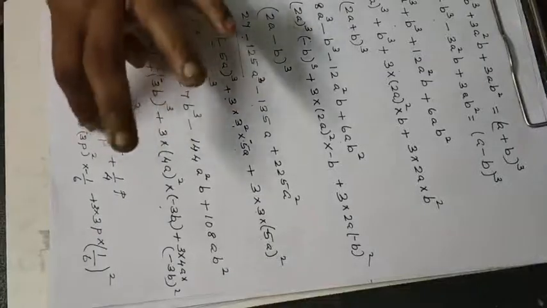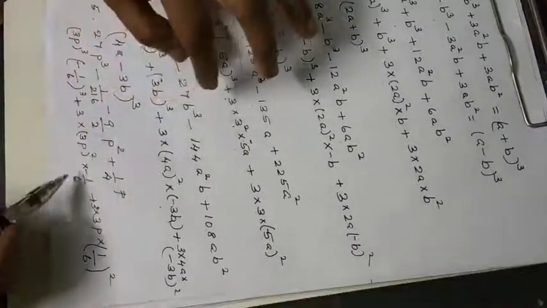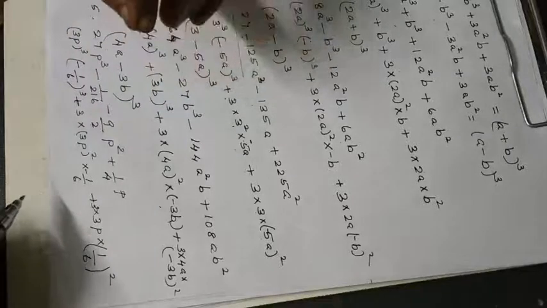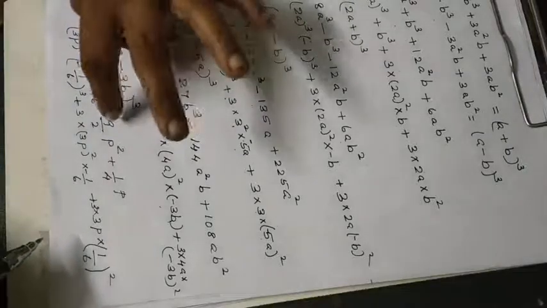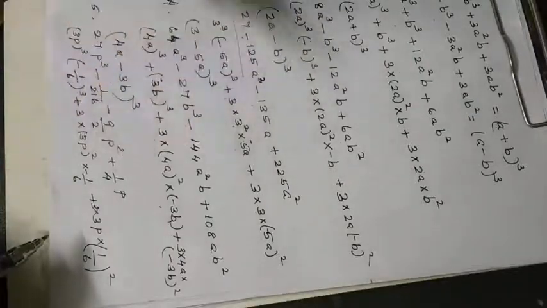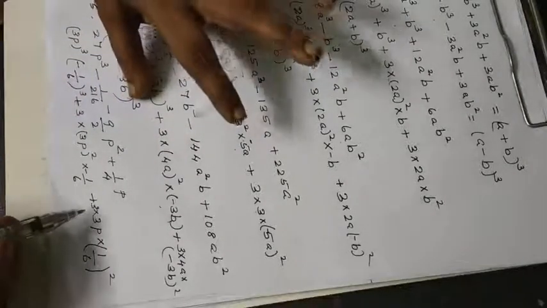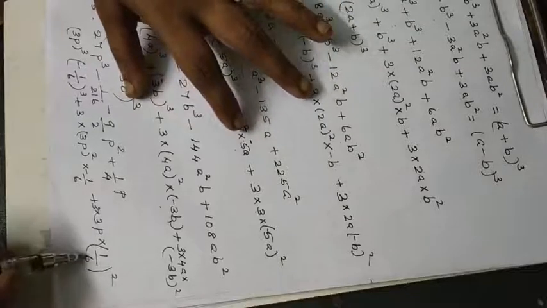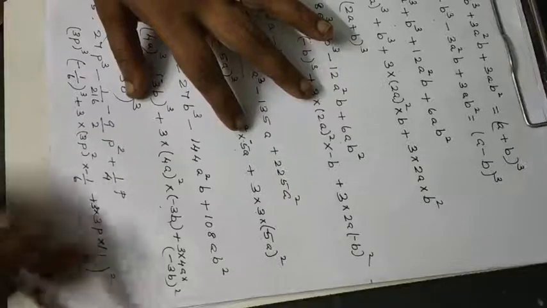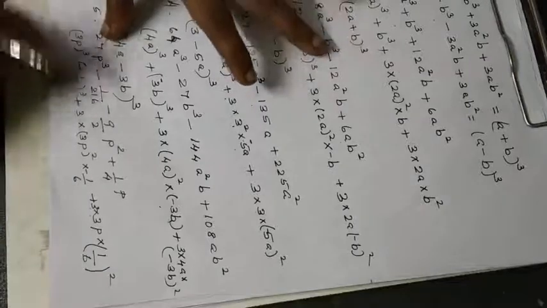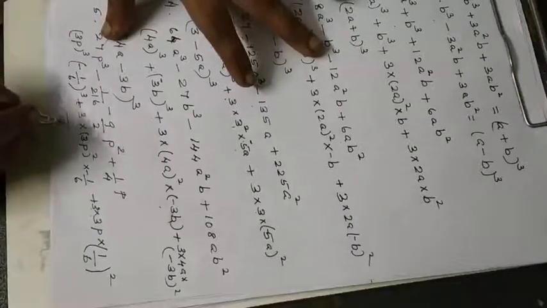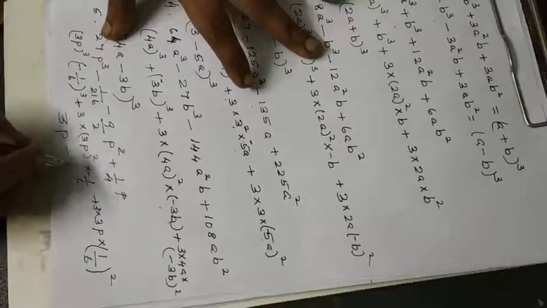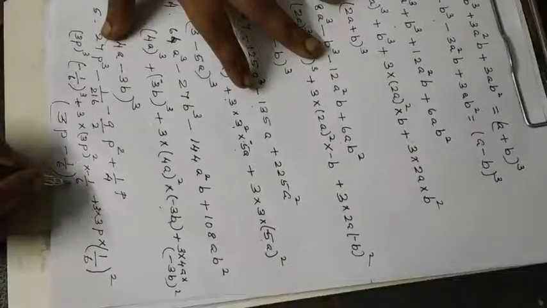Okay. Now 3 square is 9, 9 into 3, and 6 you can cancel them. Okay. So what will come? 9 by 2 you will get. Now here you will get 3 one time 6 is 36, 9 it will come, 9 and 36 you can cancel, you will get 1 by 4 only. So it is in the same form. So you can write as 3p minus 1 by 6 the whole cube.